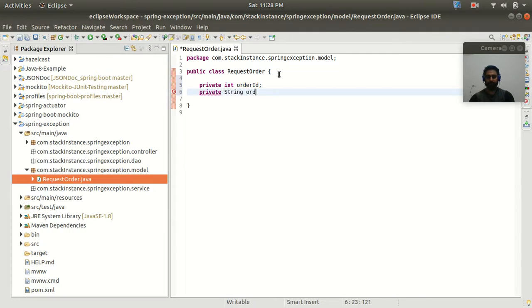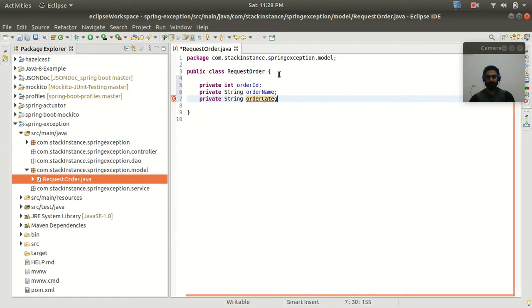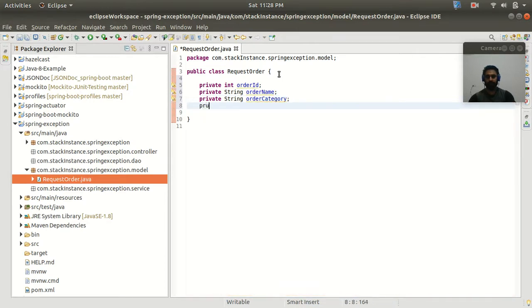Let's say order name of a string type. Let's add another string, order category, right? So let's add another attribute of double type as order amount, right?